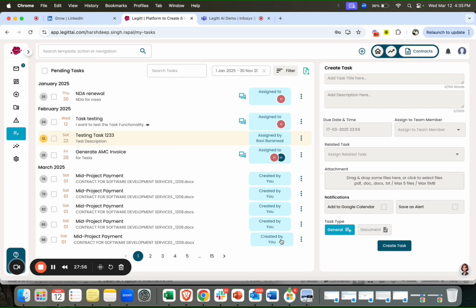Say, for example, if an invoice has to be generated, or a new phase has to be started, or a contract has to be renewed, I can assign it to any team member here. Then it will show me that these are the people who are assigned to this task. Or I can create a new task also, that okay, generate invoice for